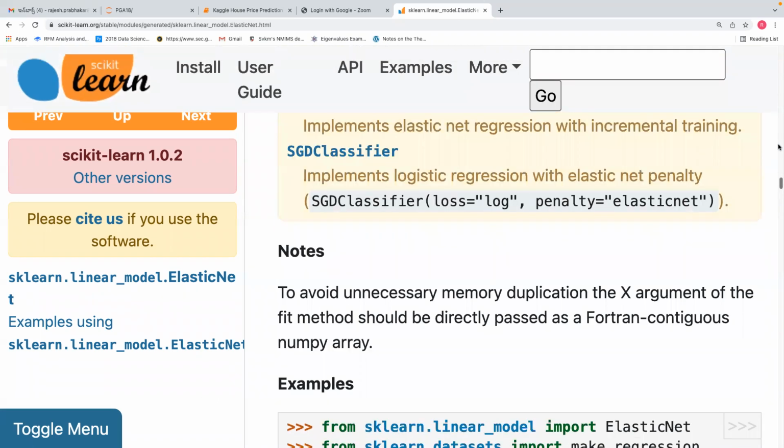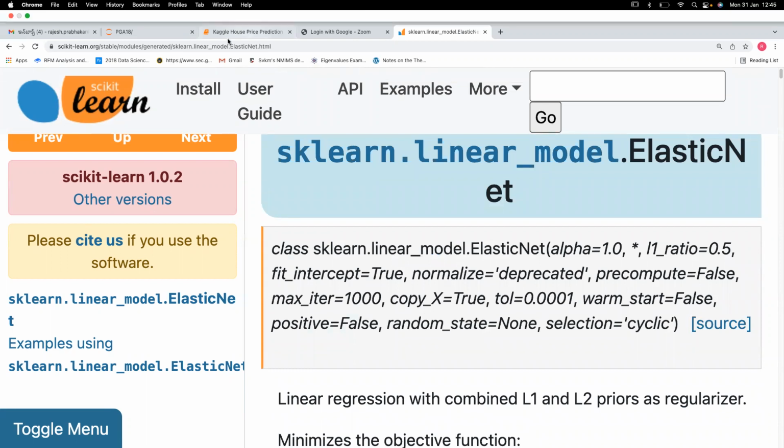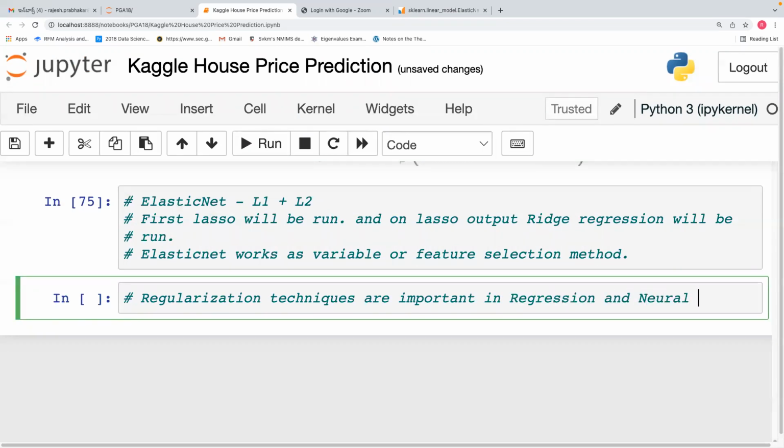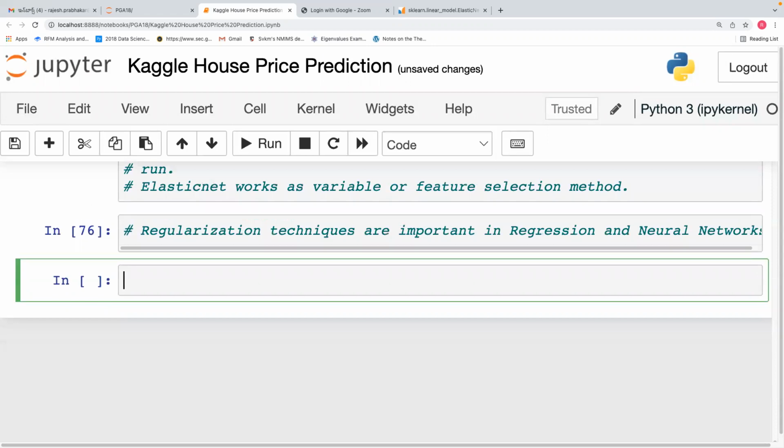So regularizations, penalized regression or regularization techniques, are important in multiple linear regression. They are also very important in neural networks. These penalized regularization techniques are used in regression and neural networks. Okay. If in interviews they ask what is the difference between lasso and ridge, you simply say lasso reduces the